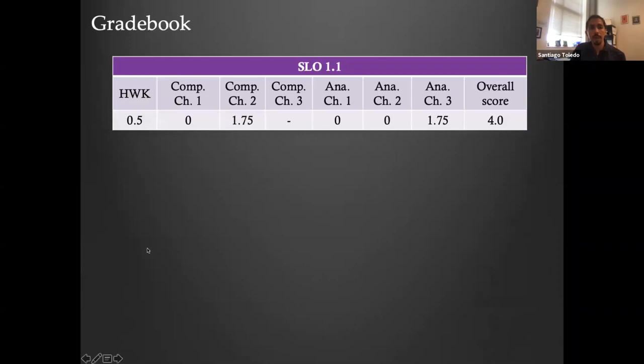So you can imagine now sort of an example gradebook for SLO 1.1 for a given student, where the student did the homework, didn't do well on the first comprehension attempt, checkpoint 1, but did it and got proficiency on checkpoint number 2. In my class, they don't have to retake checkpoint number 3 if they get proficiency, so they get the credit. And in the analysis, the students struggled throughout the semester, and at the end, in the 3rd attempt, they actually got proficiency. So in the end, a student that potentially was failing the checkpoint initially, right, zeros at the beginning, ends up succeeding entirely in that particular SLO because they had multiple opportunities to improve without a penalty necessarily.